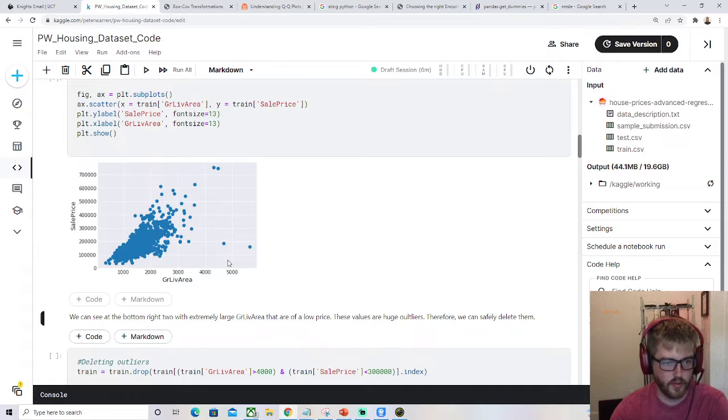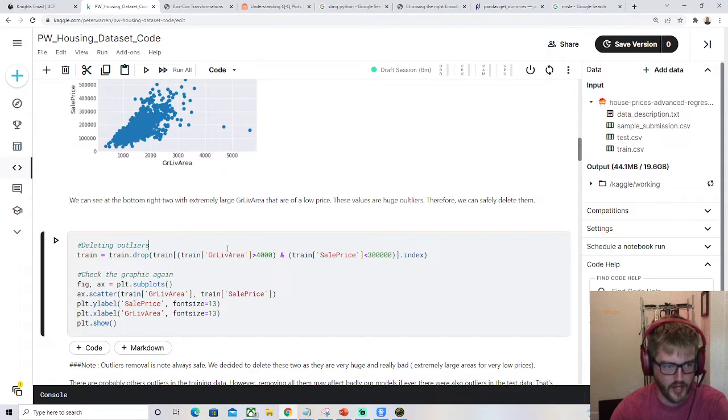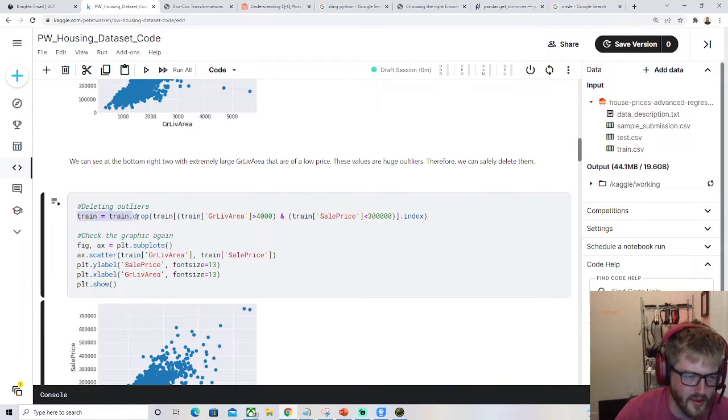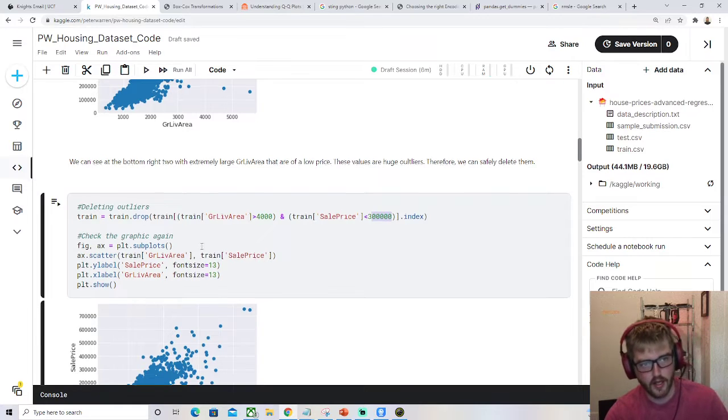Here we go. We're doing some plotting again. We did this in the last video. We got a couple outliers. We're just going to bump those out of here right away. I remember that it was kind of complicated how I deleted them in the last one. I couldn't figure out how I did it. This one's super easy. Train.drop. If the general living area is greater than 4,000 and the sale price is less than 300,000, then you drop